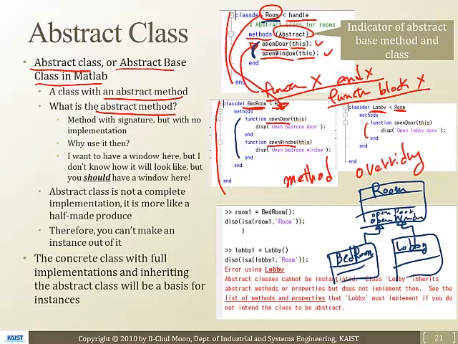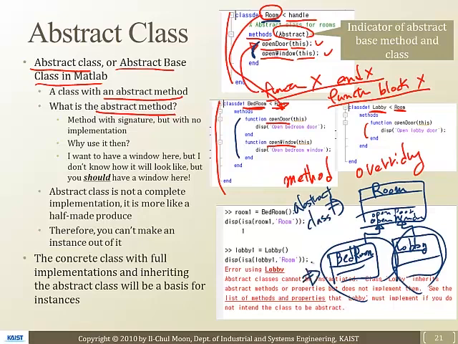The thing is that for the bedroom and the lobby, opening the door and opening the window are two really huge separate things. In that case, you want to make it blank at the room level and force the bedroom to implement this open door, it must override. And the lobby must override this open window and open door method. If it doesn't override, then it's not an actual design. A room is an abstract concept, so it's called an abstract class.